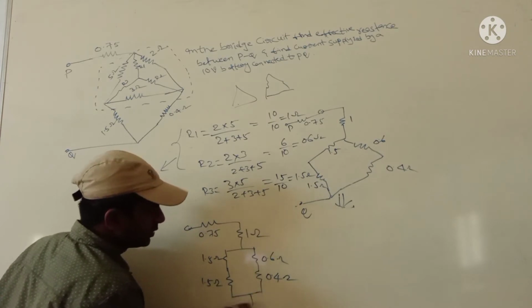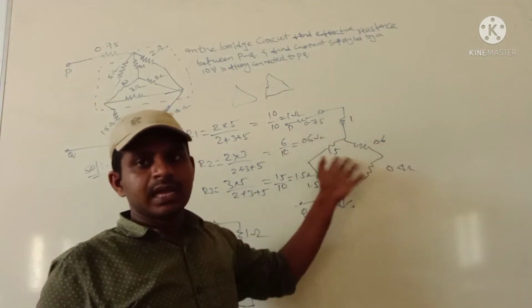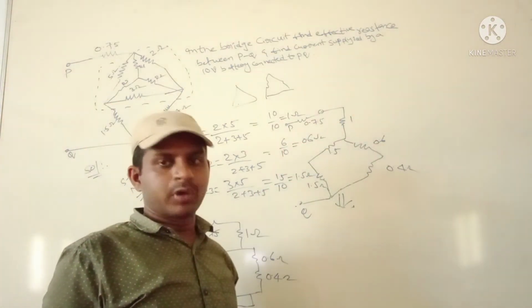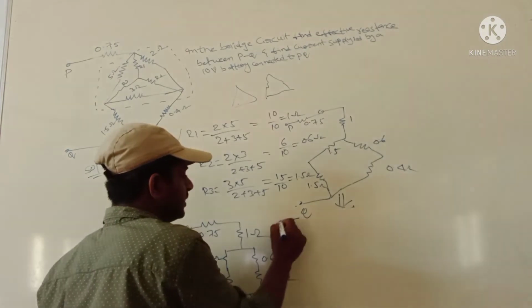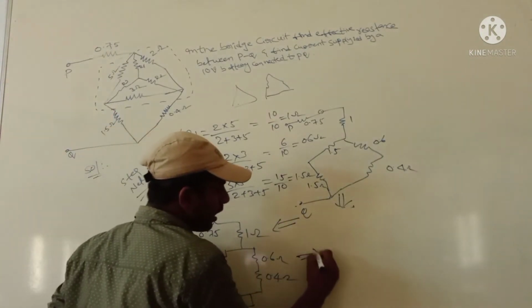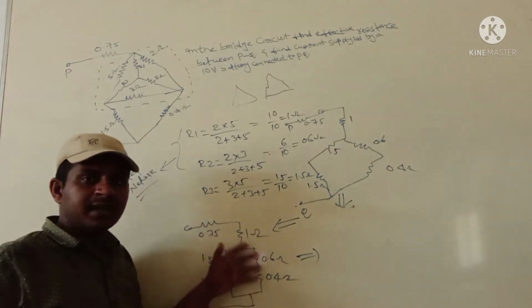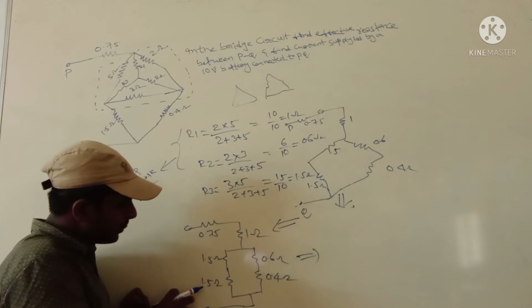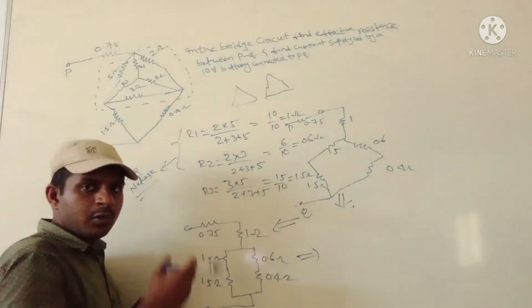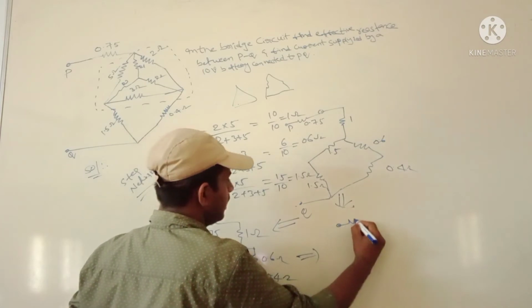Okay, so this is the total conversion from the above diagram representation. Okay, so this is the representation for that. If you observe this total representation, you can clearly see both 0.6 ohms and 0.4 ohms are connected in series, as well as 1.5 and 1.5 ohms connected in series. We have to simplify the total diagram.